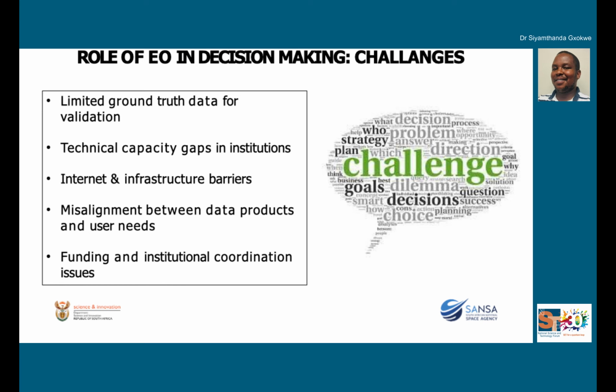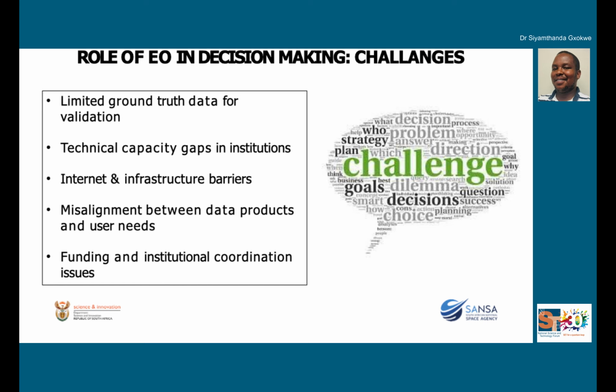The satellite outputs then need to be validated. So the limited ground truth data creates challenges in regards to validating our systems and models that are based on Earth observations data. As a result, we are unable to make conclusive decisions that this is a true representation, because there's limited data. However, we are trying to work with other institutions that deal more with collection of ground station measured data to assist us with that data so that we can improve the spatial modeling of these challenges.